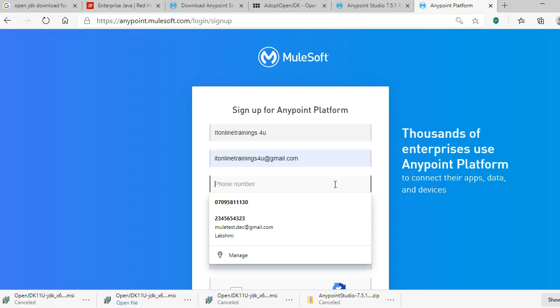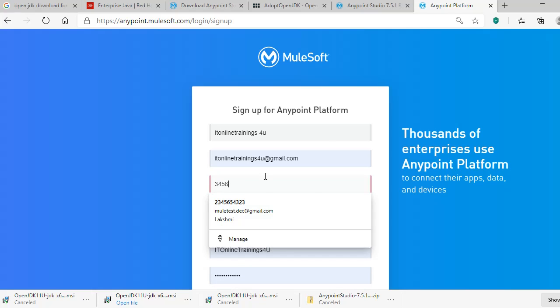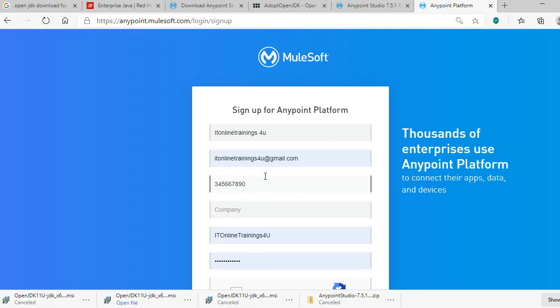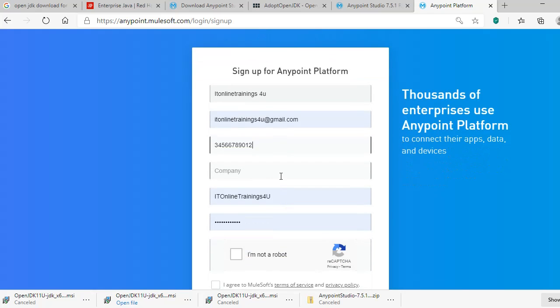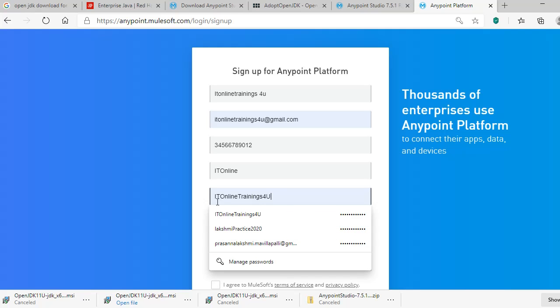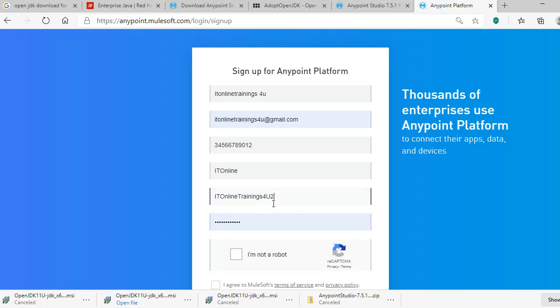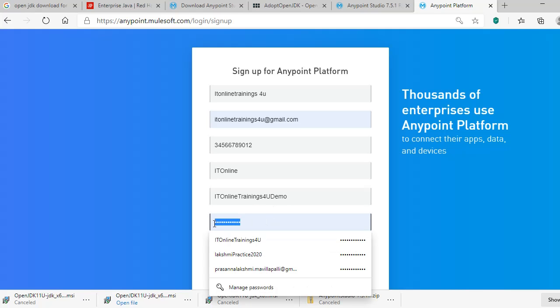You can give your mobile number. For company, give the organization where you are working, and here you need to select your username. For me, I have a username like IT online trainings for you, so I would like to create one more username, demo. You need to give your password.